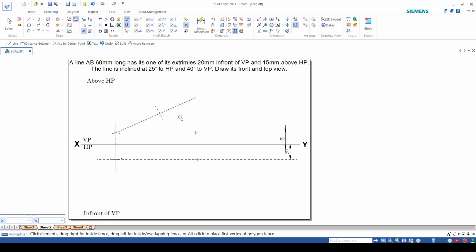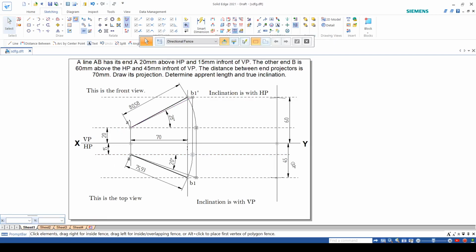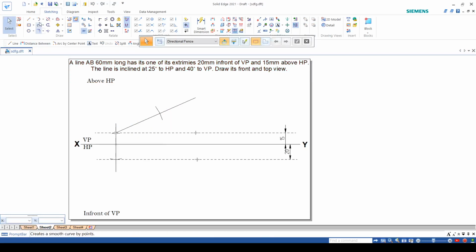So I have cut an arc. Now you can remove the line. You can erase it thoroughly, but I would suggest you don't erase the line in the copy. Now similarly I have to make a line at 40 degrees to VP on this side. Here you can see this is the inclination with VP on this side. It's 40 degrees, so I would again make a line.